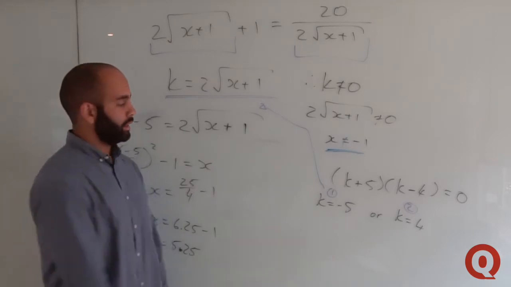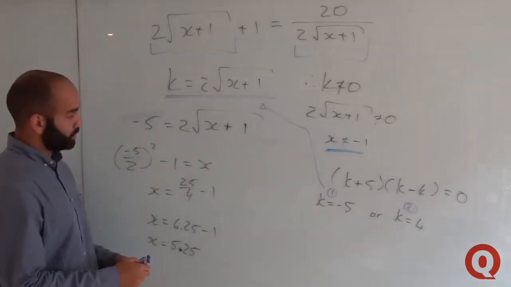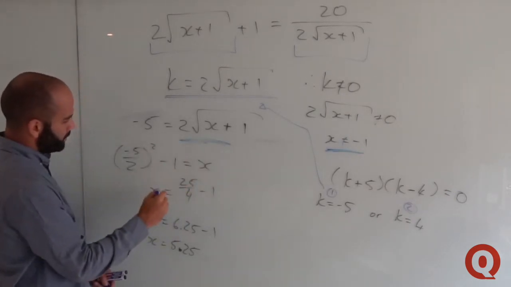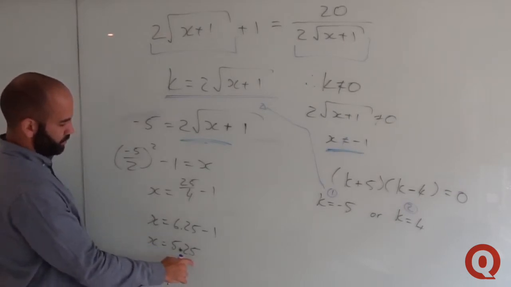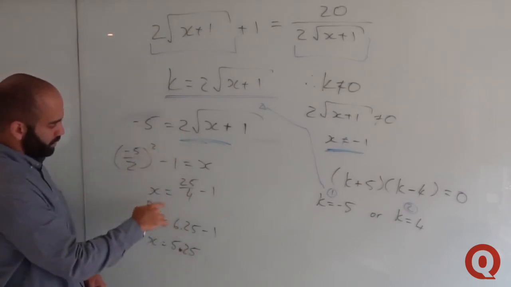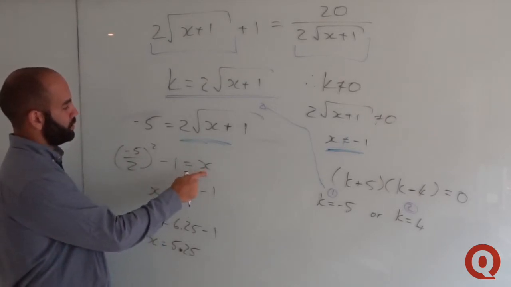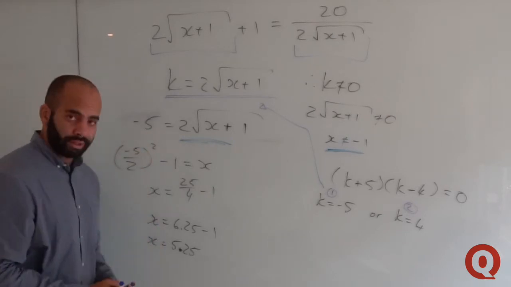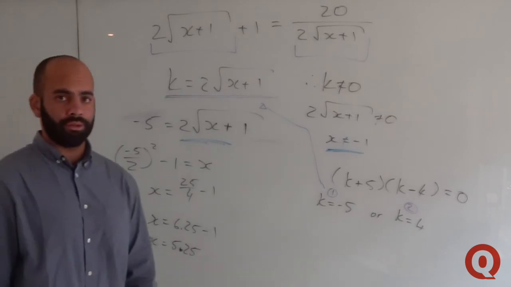So if I take result number 1 for k equal to minus 5 and substitute it into this expression for k, and simplify it out, I get a result of x equal to 5.25. You can obviously see the way that I worked it out, because now you're trying to solve for the x value that satisfies this y value. But if you try to do it graphically, it would actually show that this result is not applicable,